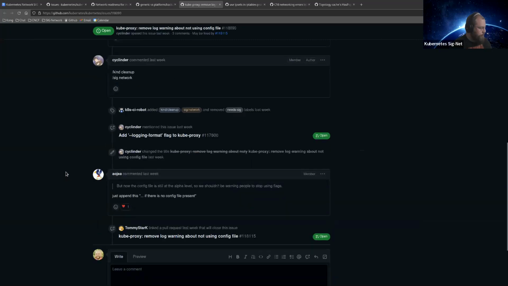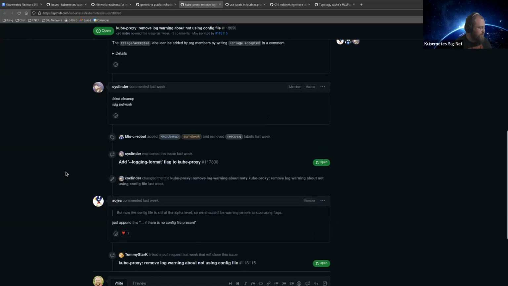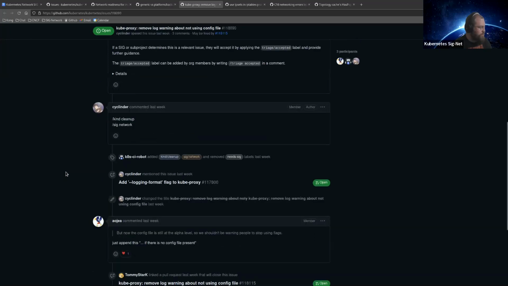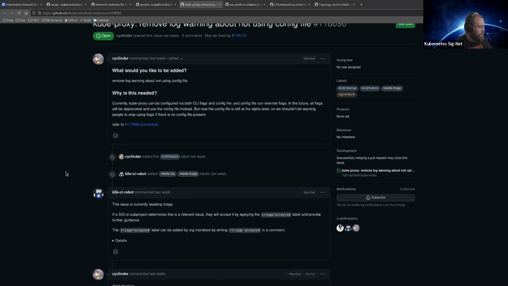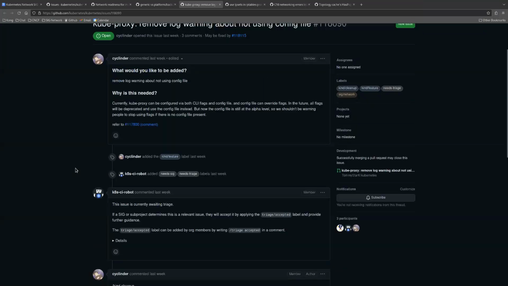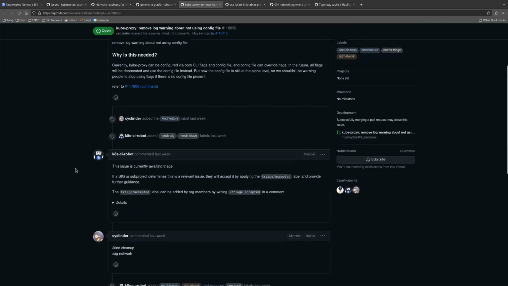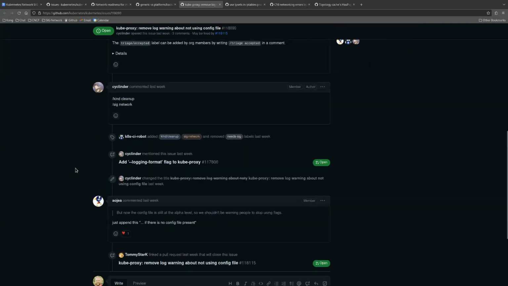All right. So does anybody want to take that and try to drive that one forward? Like what's needed here, do you think? Because I'm thinking about it. I mean, unless you actually want to beta-ify the config file, we need to change the warning to clarify the overriding behavior when you specify both, but not declare the command line to be deprecated. Roger that.